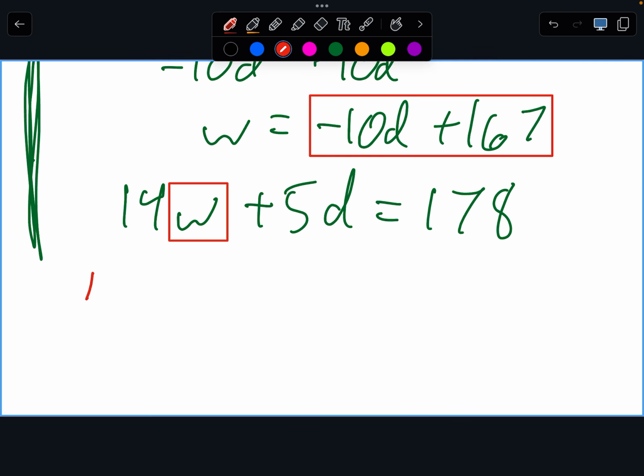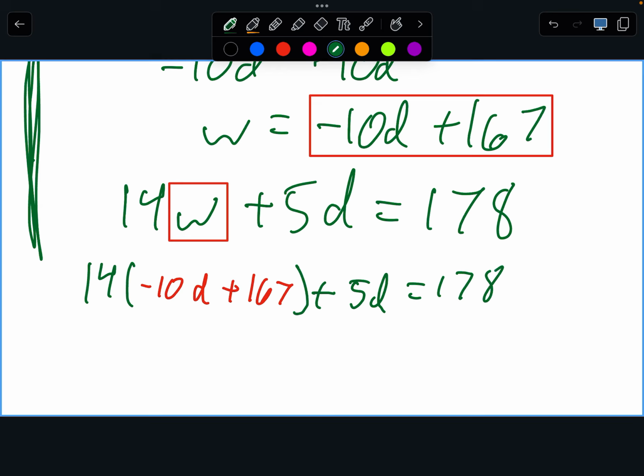If we do that, we have 14 times (negative 10D plus 167) plus 5D equals 178. So we have negative 140D plus 2338